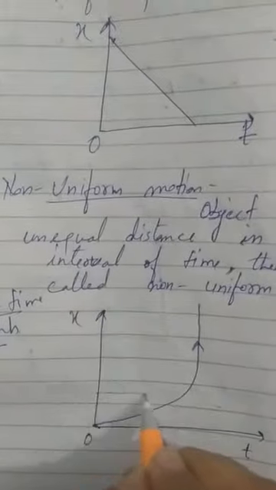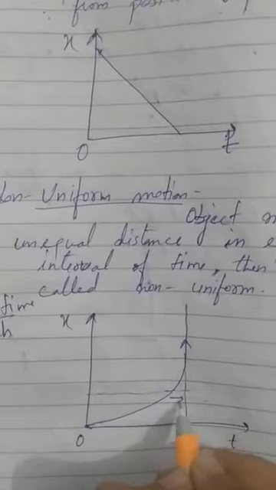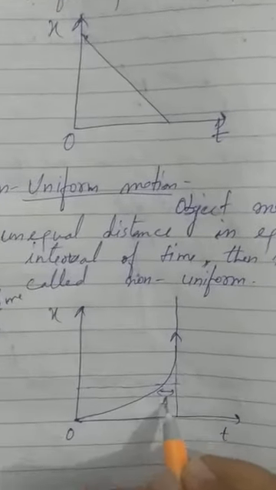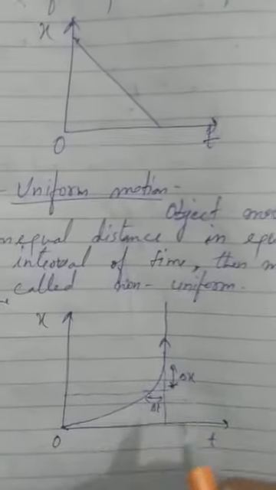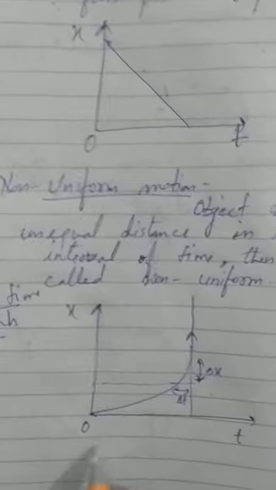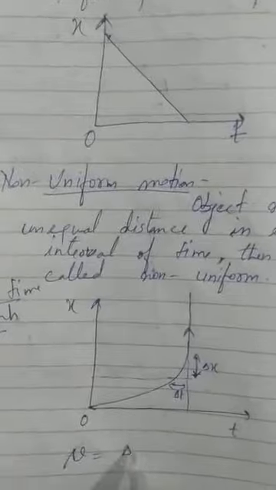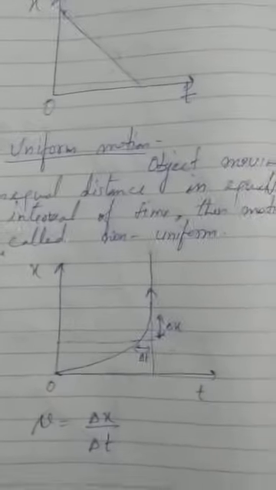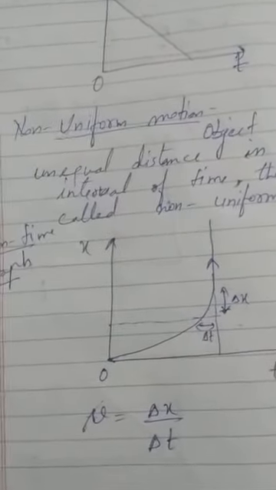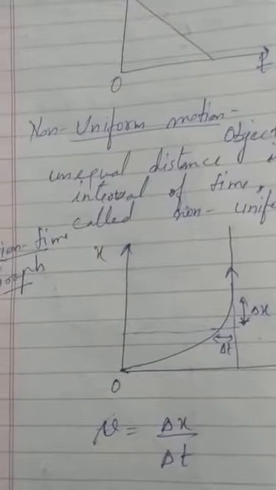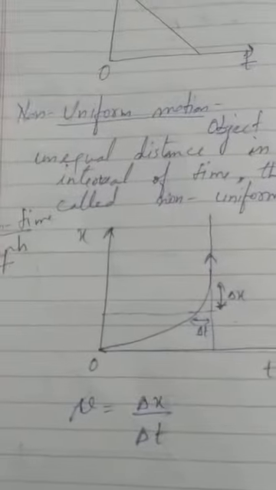Here we can write it: this is a change, this will be the change in time, del t, and this is a small change along the position, from here to here. Now v will be del x by del t. This will be instantaneous velocity. Instantaneous motion is the change in distance or displacement in a small interval of time, that is instantaneous motion.